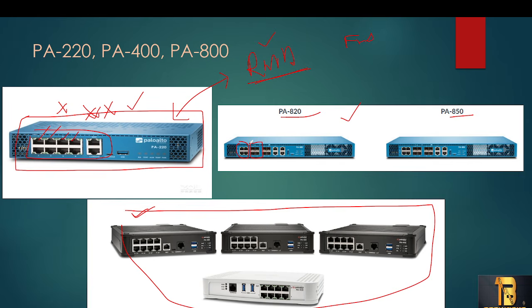You have learned this in CCNA, right? RJ45 cables, and you have seen some fiber ports. These are SFP ports, yes. In these fiber ports, you can insert SFPs, the SFP modules, and you have to connect them with the fiber optic cable. But in the RJ45 ports, you can directly connect the RJ45 cable. Cat6 or Cat5 cables will be there. You can connect them in these RJ45 ports and use them.